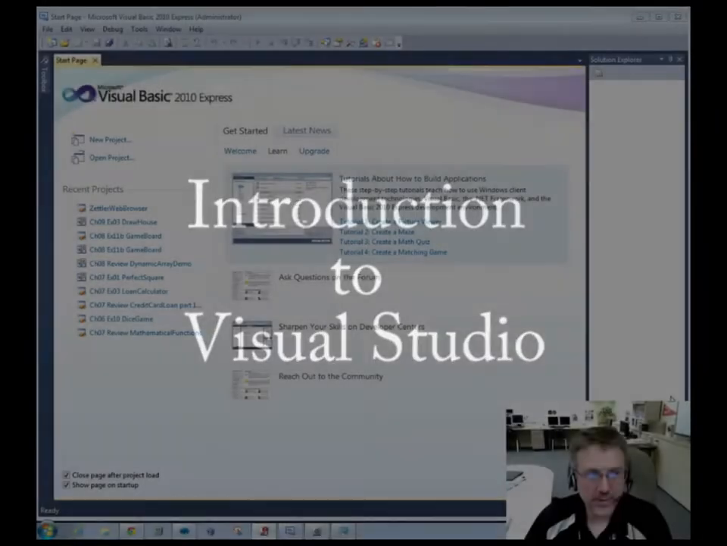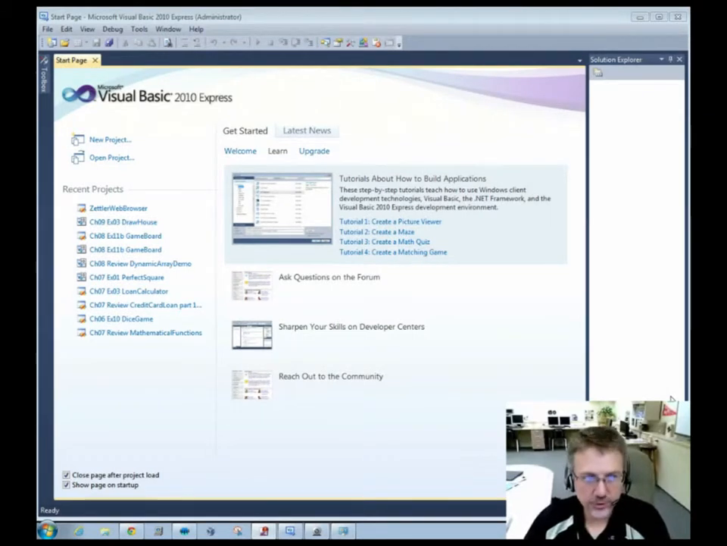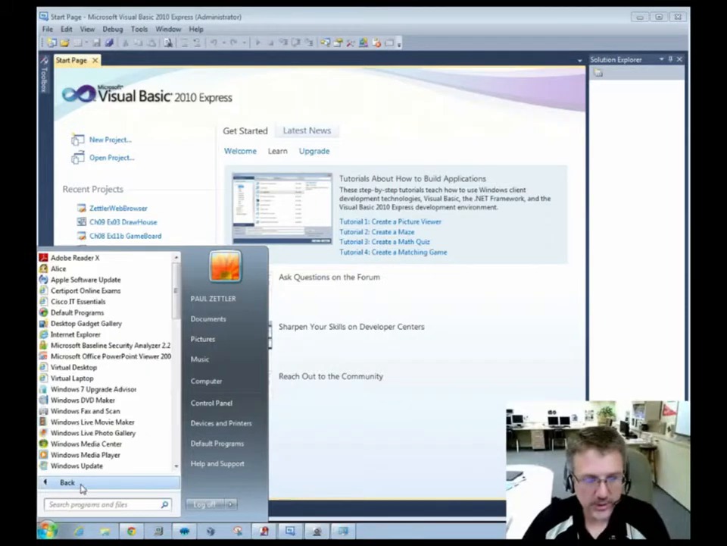This demo is about opening Visual Studio for the first time, or Visual Basic. Sometimes you're going to hear me refer to it as Visual Studio, sometimes Visual Basic. Don't get yourself confused by that. The real difference here is that this whole environment is kind of Visual Studio, but depending on what you download